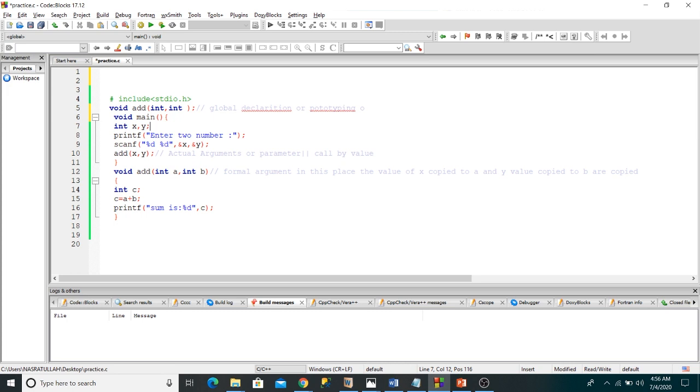When you want to call a function, this is the way of calling a function, and this is also called an actual argument.